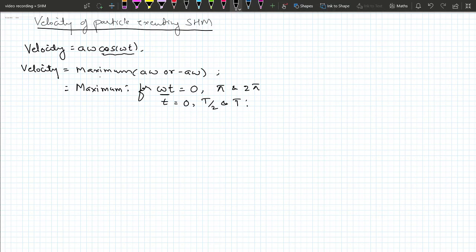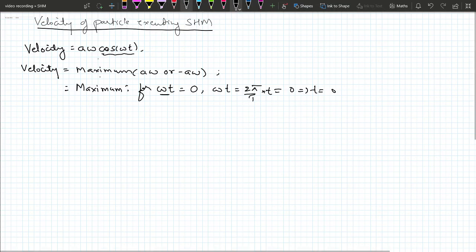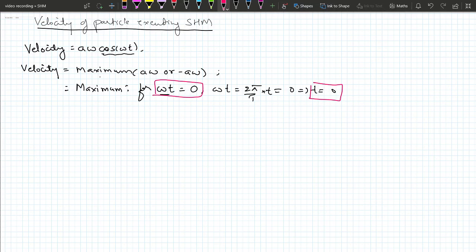If you look at this here, let me do it again. That will be more helpful in the detailed step. Here I will do the first analysis. Whenever omega t equal to 0, what is omega? It is 2 pi by T into t. So if it is to be 0, that implies t should be equal to 0. So this is the first case that we have for the maximum. So omega t should be 0 or t should be 0. This is in terms of time.